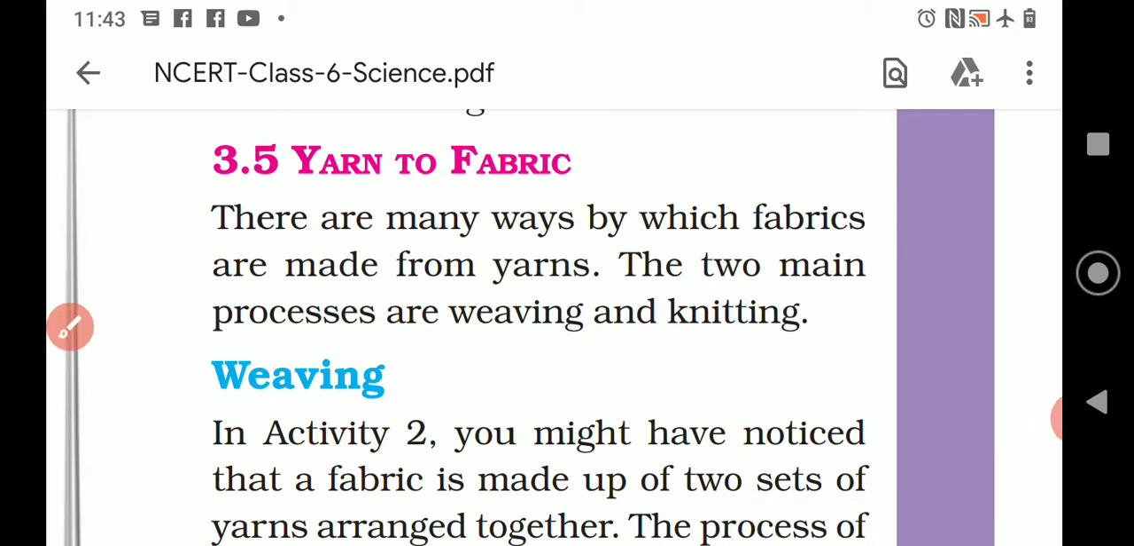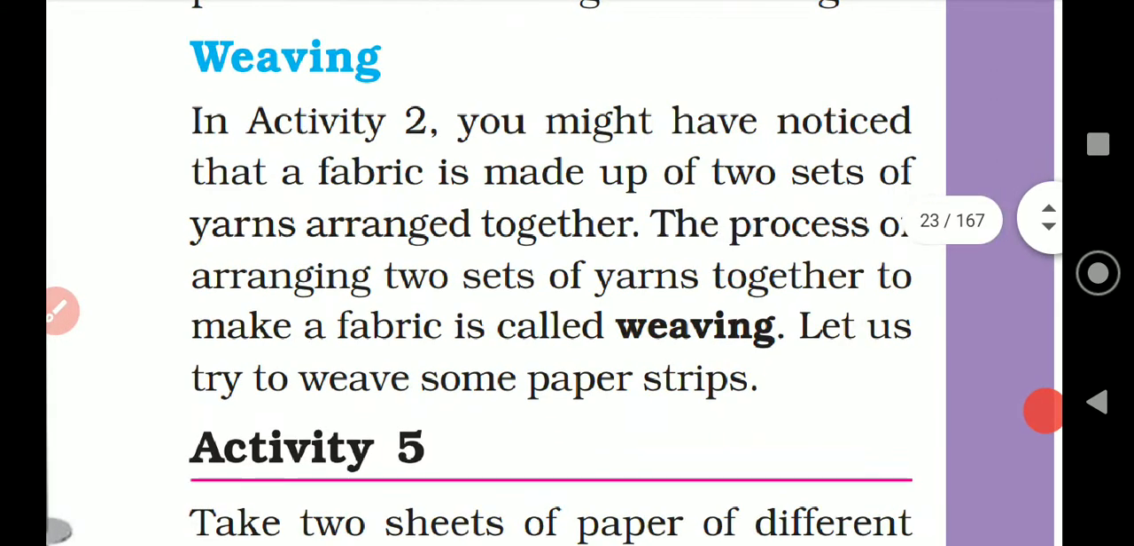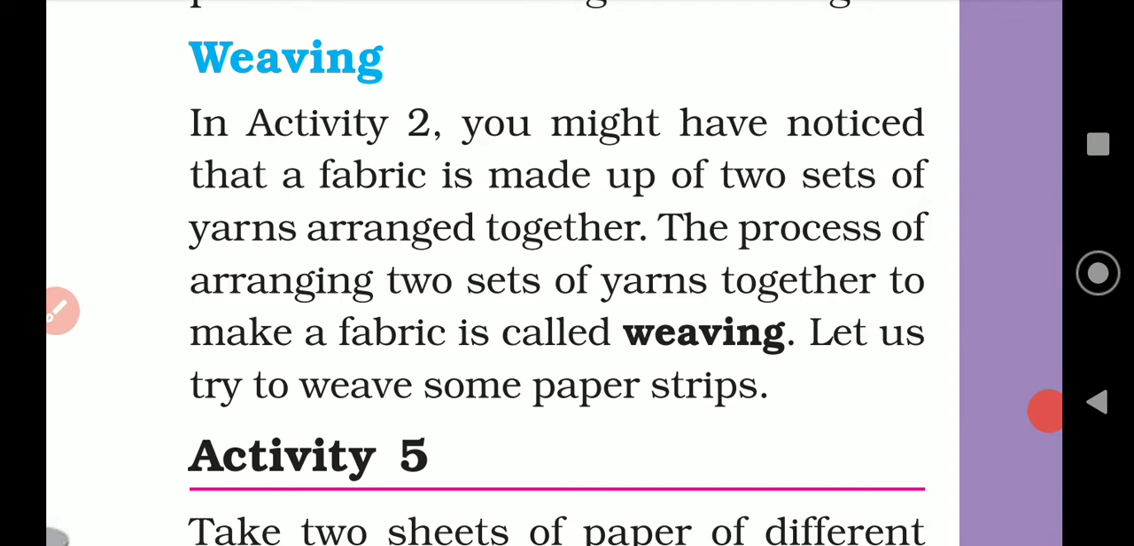Weaving. In activity 2, you might have noticed that fabric is made up of two sets of yarns. We saw a cross plus cross structure, one horizontal, one vertical. Two sets of yarns were needed, right? It's a mesh, it's a net. So when we saw the piece of fabric, we saw that it's not a single thread, it's a set of threads,